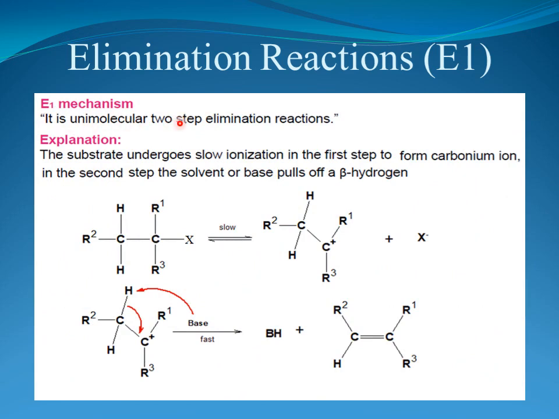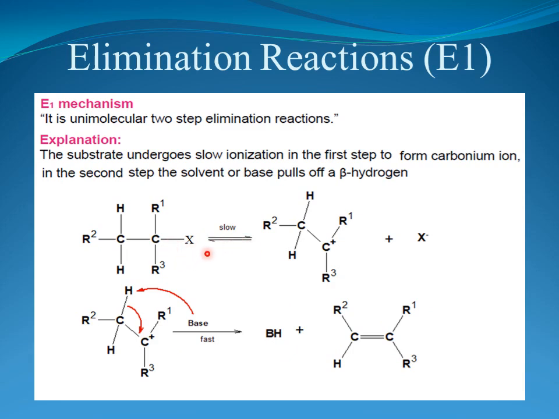It is a unimolecular two-step elimination reaction. It means it is going to take place in two steps, but in the rate determining step, only one molecule is going to participate. The substrate undergoes slow ionization in the first step, giving a carbonium ion or a carbocation. In the second step, the solvent or the base pulls off the beta hydrogen and is going to give you the elimination product. Now students, you can see in the first step that ionization is taking place, a reversible process